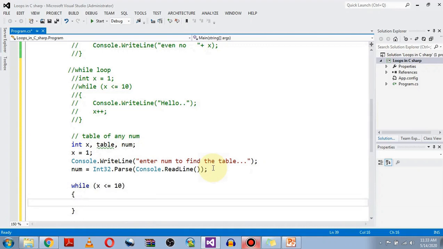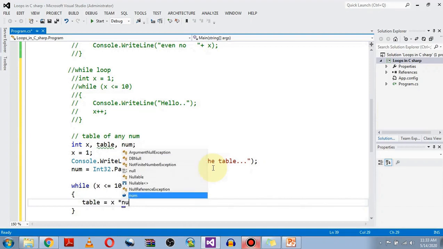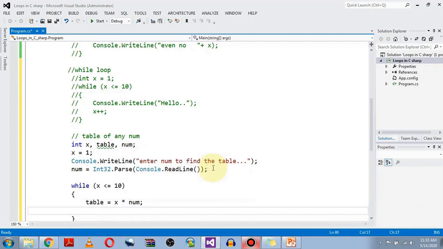And find the table. So the table variable will store the result of x multiplied by num, and at the end of the loop we will be printing the number.